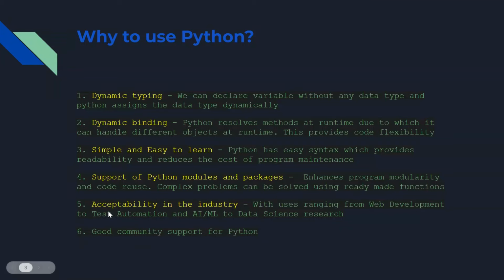Now, the fifth point is acceptance in the industry. Python is used for everything from web development to test automation, AI/ML, and data science research. So Python is used quite a lot in the industry, and this is one of the reasons there is very good community support for Python. Even if you're stuck somewhere, you'll get good support. So these were the major